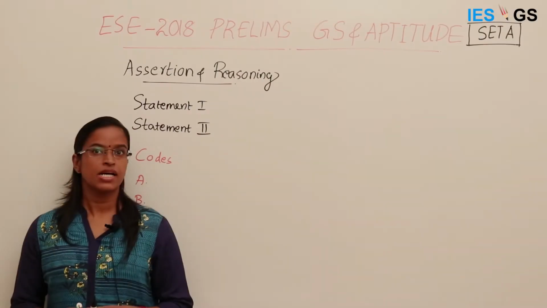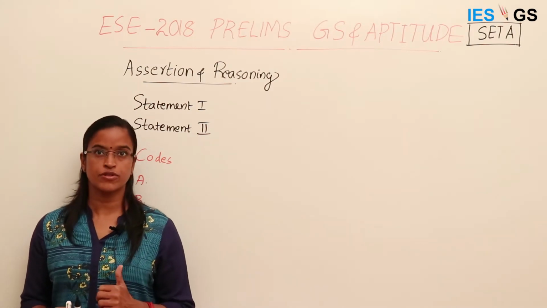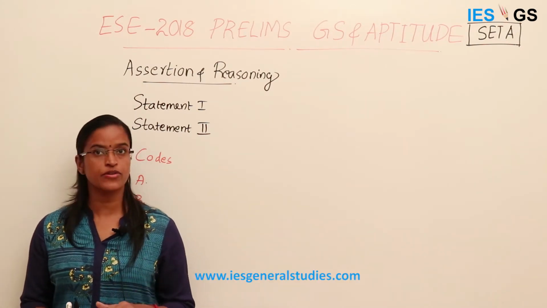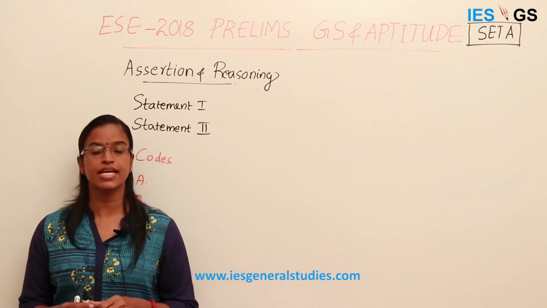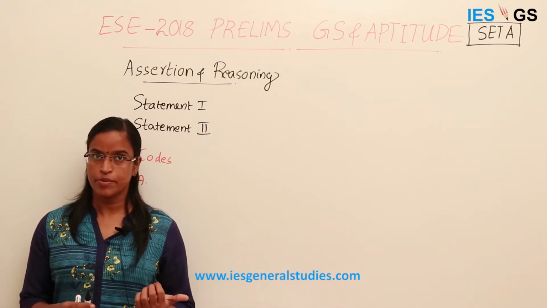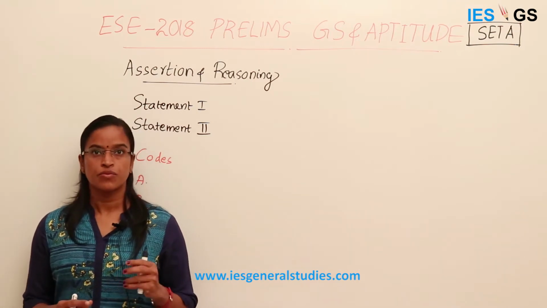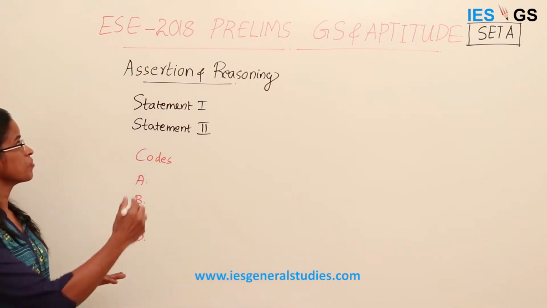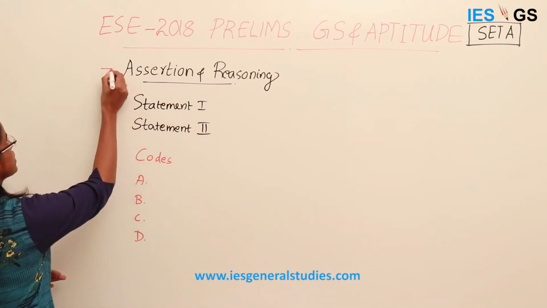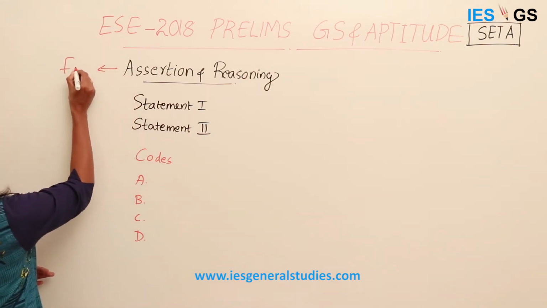www.gatmech.com. Assertion and reasoning type of question is a common model of question asked in the ESE exam. So in last year's paper and this year's paper also, this type of questions were there. What is meant by assertion and reasoning? Assertion is a statement which states a fact,